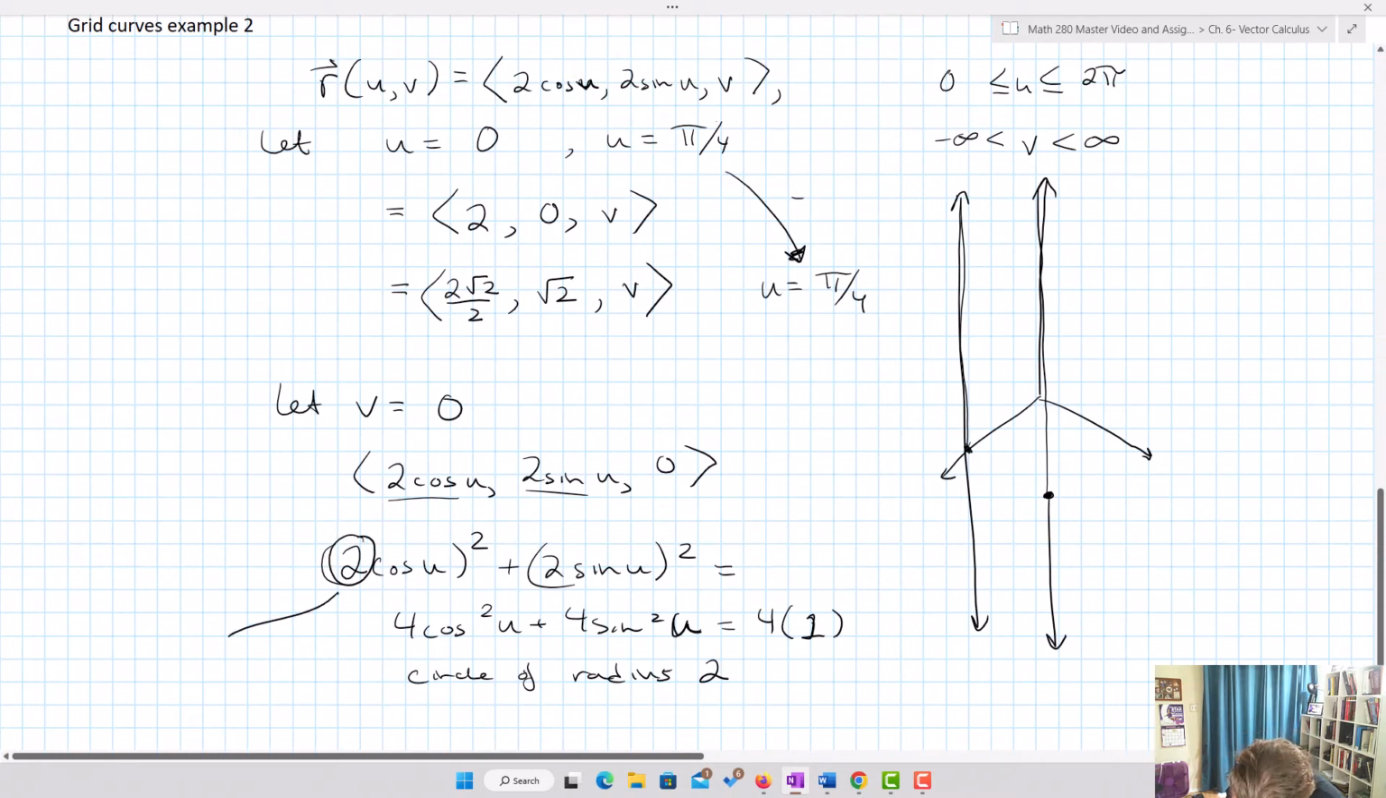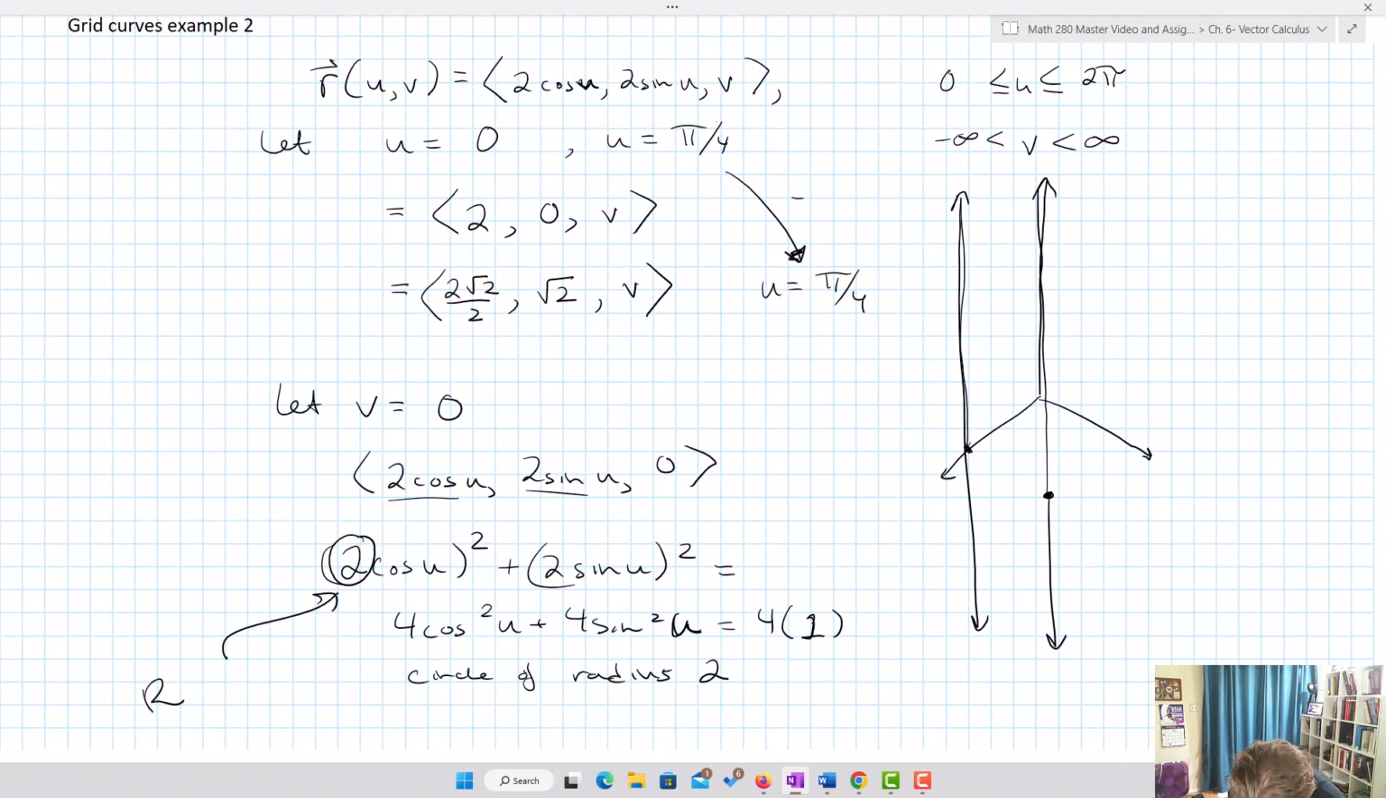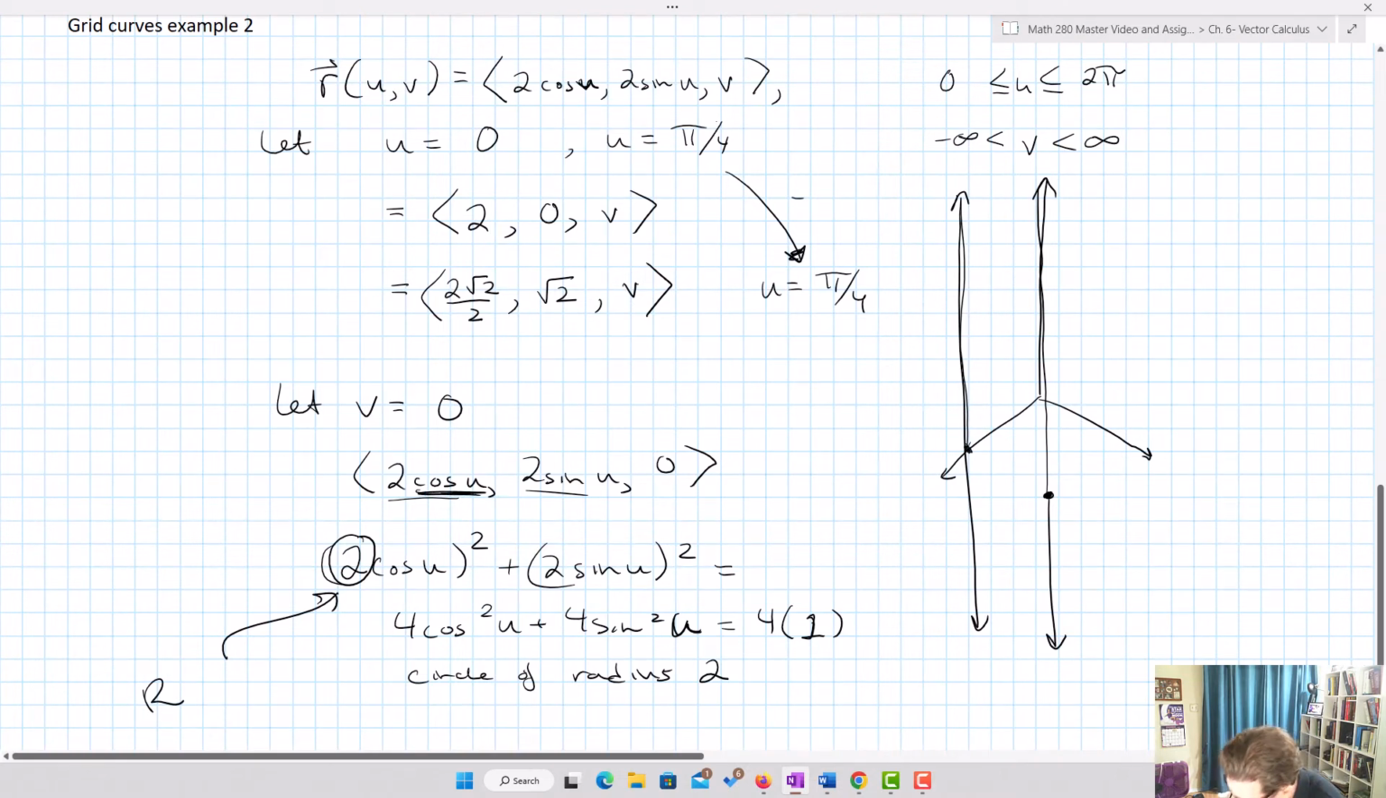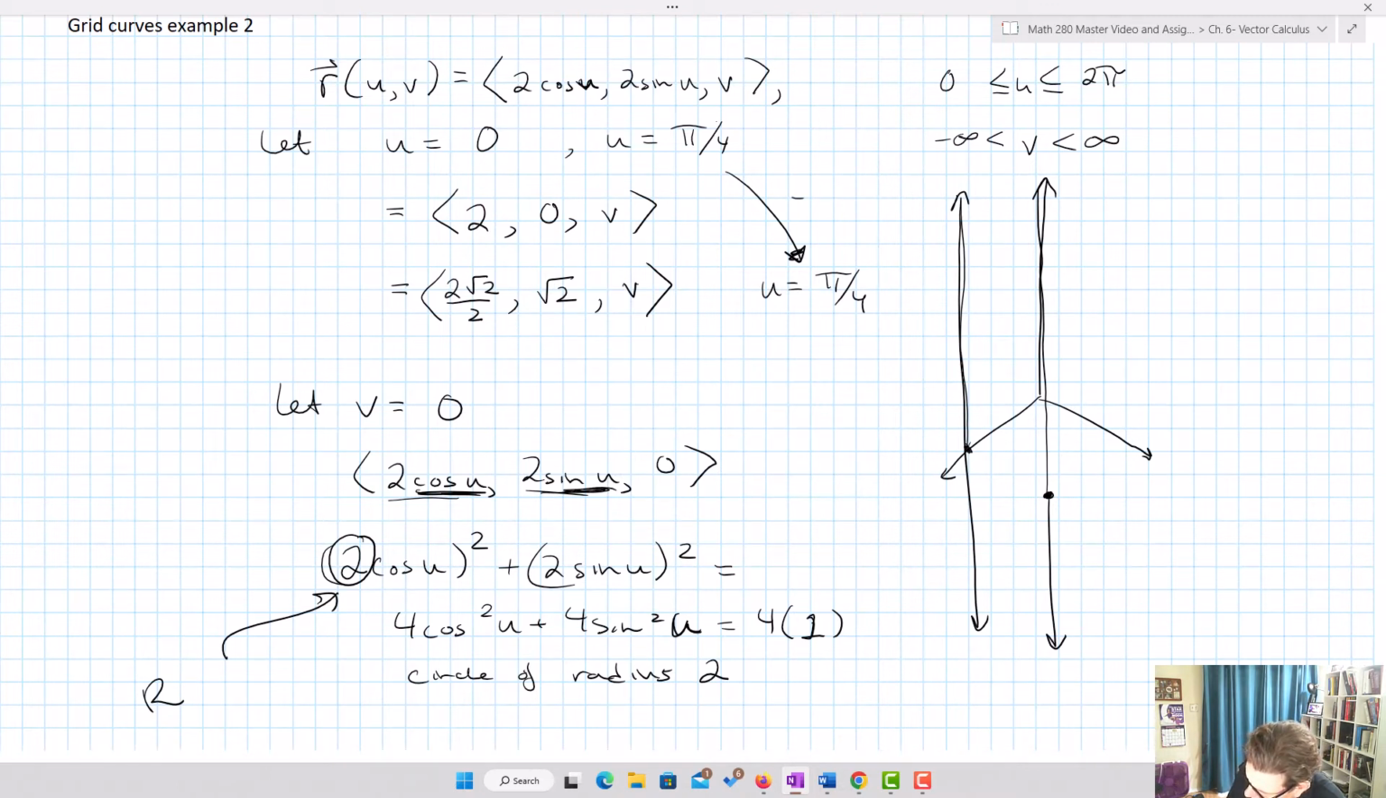This thing here, that ends up being the radius, that's r. The cosine has to do with our x variable, the sine ends up having to be our y variable. And so consequently what we get here is a circle of radius 2 in that xy plane. Pick a different value for z. If we pick a different value for z, we're now going to go up